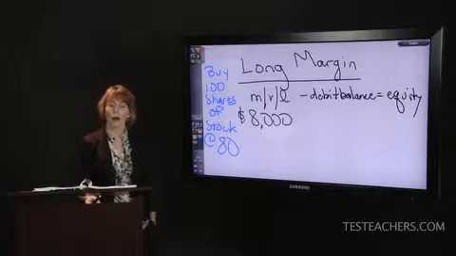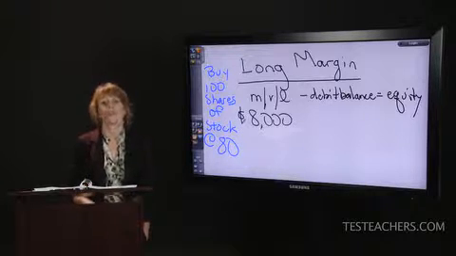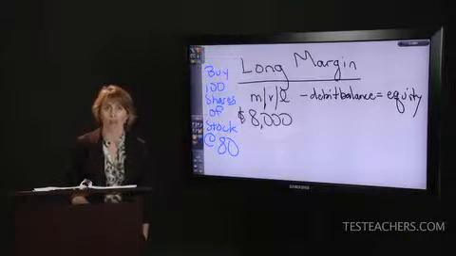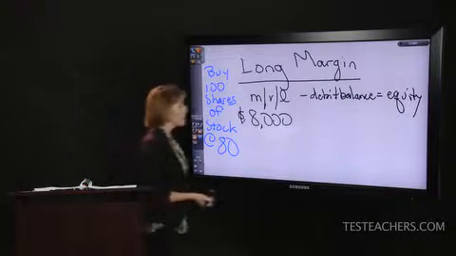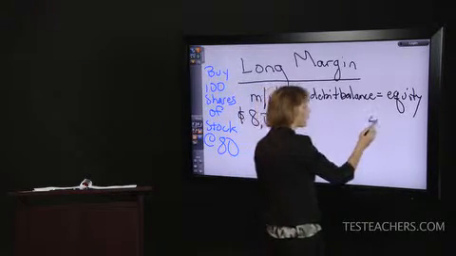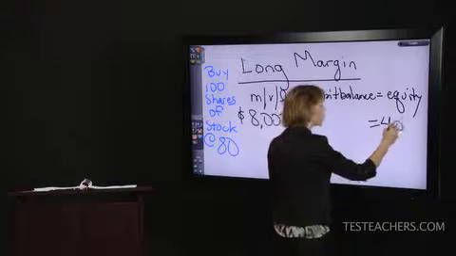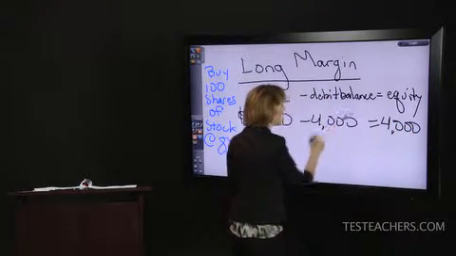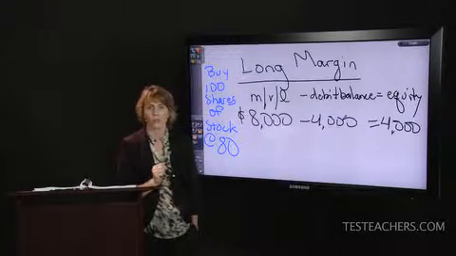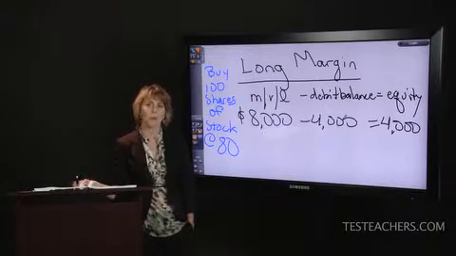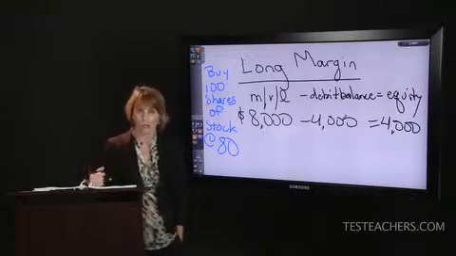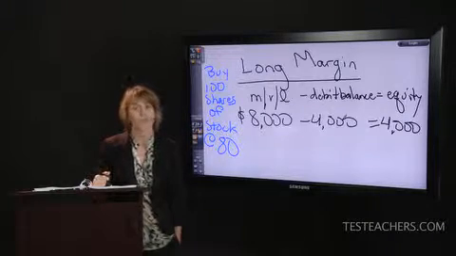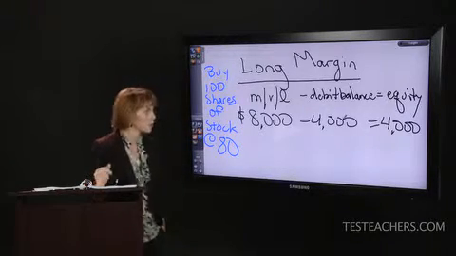How much do we have to deposit under Regulation T? 50% or $2,000, whichever is greater. So that means we must deposit, the initial margin requirement is $4,000. The other $4,000 is going to be loaned to us by the broker-dealer, who in turn rehypothecated our securities and pledged them as collateral for the loan that they got from a bank. That's how all this works.